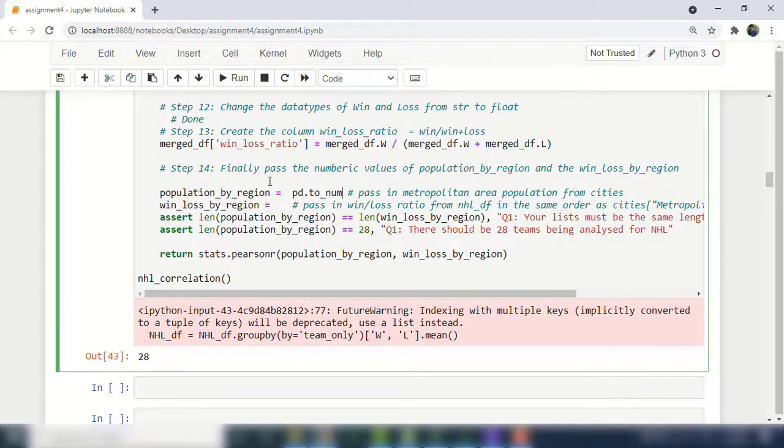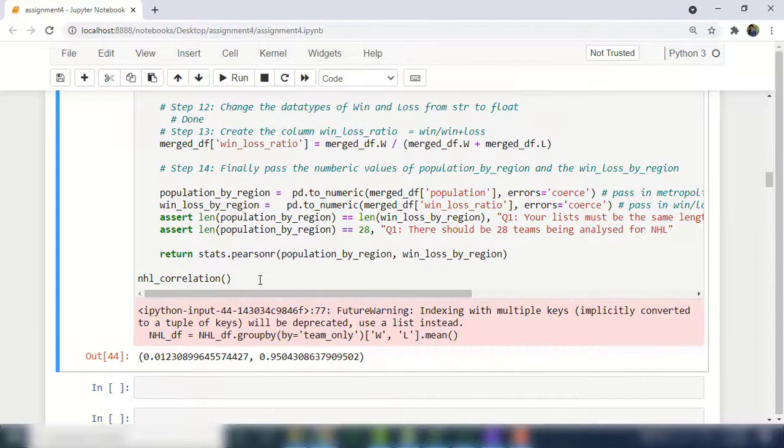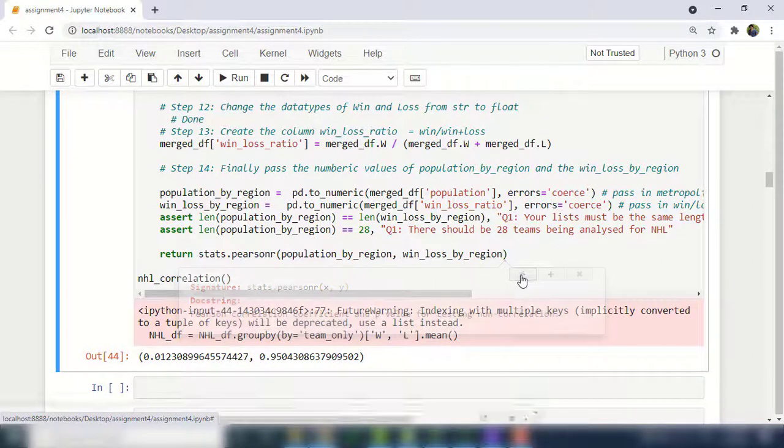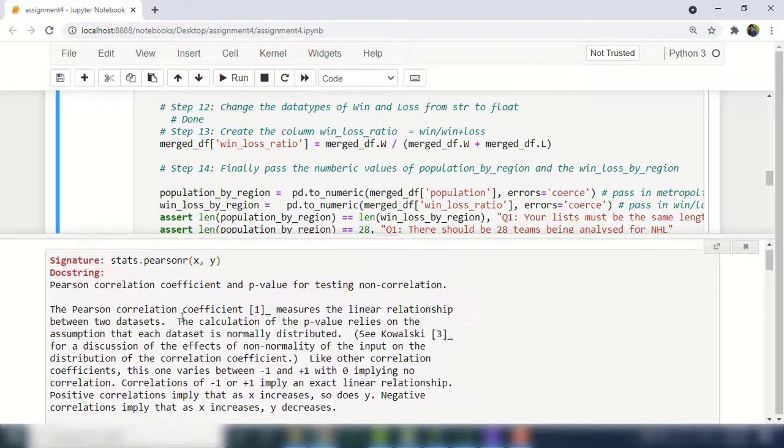So let's go ahead and replace those square brackets with the population data. I have changed it to numeric values, and the same with the win-loss. Let's see what we get. Okay, so here we have two values, but we need only one of them. If you click here and press shift tab to bring up the tab,